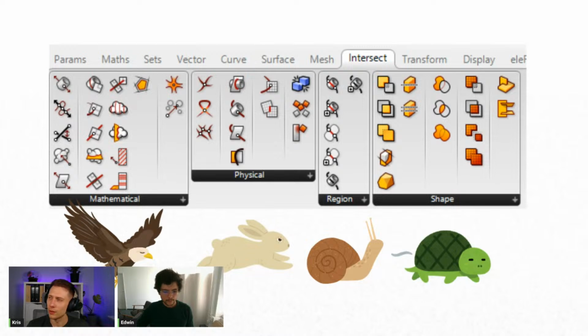Have you ever experienced a case where you tried everything with the mathematical operations and gave up, and had to go with the shape components? Are there cases where you cannot do it with the mathematical operations? Well, I think you can do anything with mathematical operations.